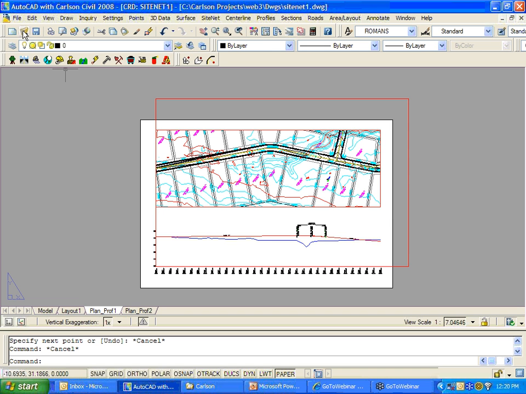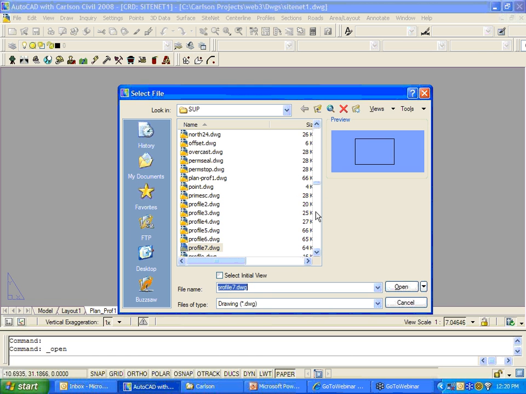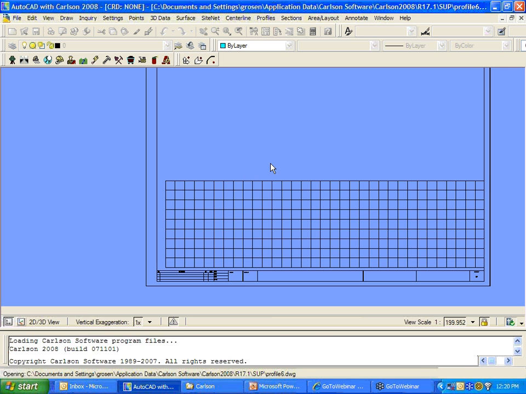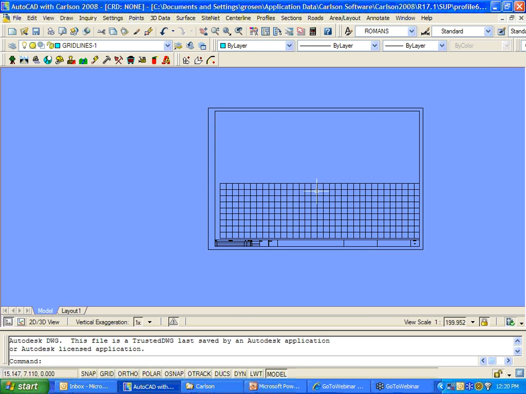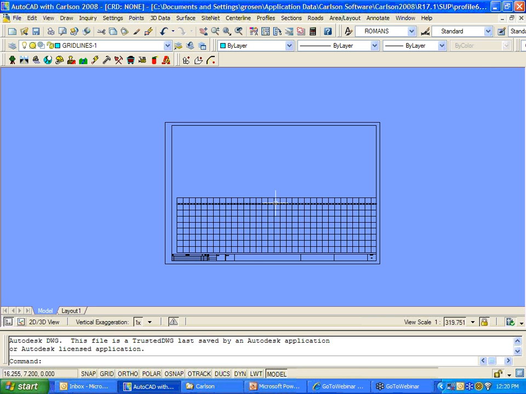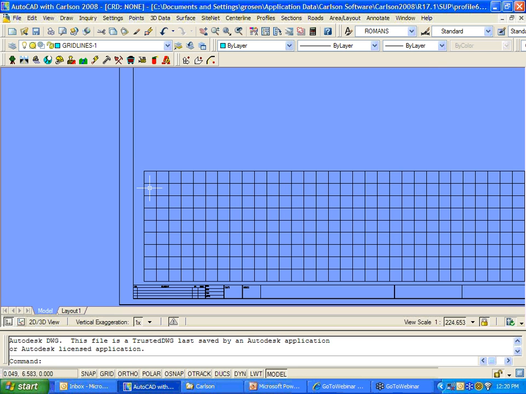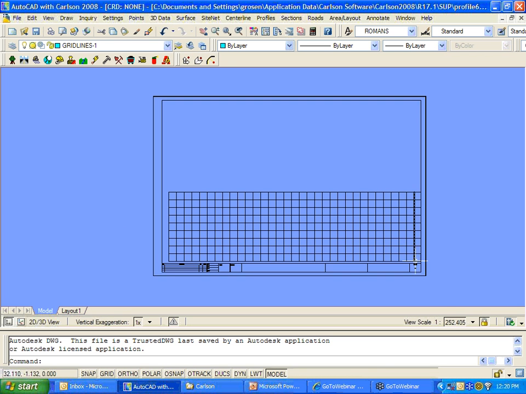So let's open up another one. Open. Let's go to Profile 6. There's another one. What I did was I took one of the ones that ships, which is profiles, I think, 1, 2, 3, and 4. And I just took one of them and I did a save as, and I did a little bit of a change. I basically knocked off the grid at this side here. I did not do it over here, although I could. And then I could adjust the